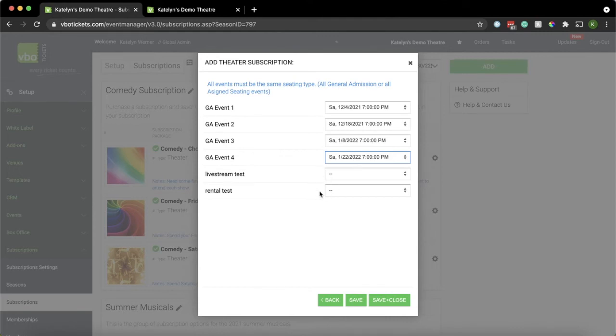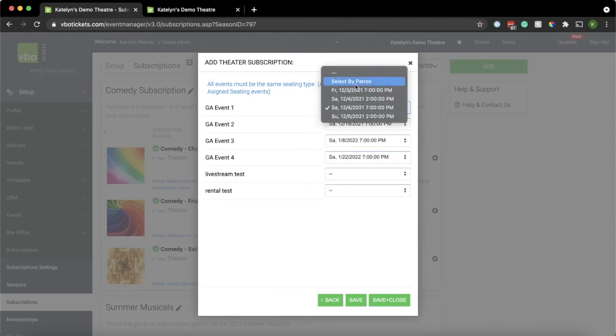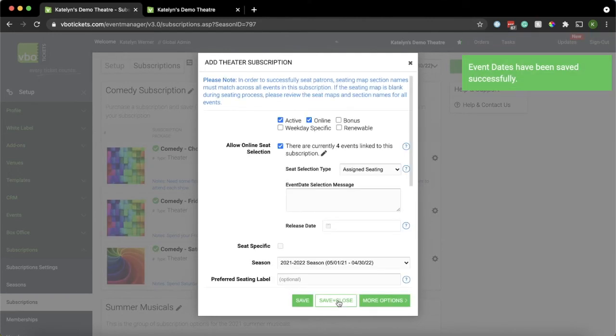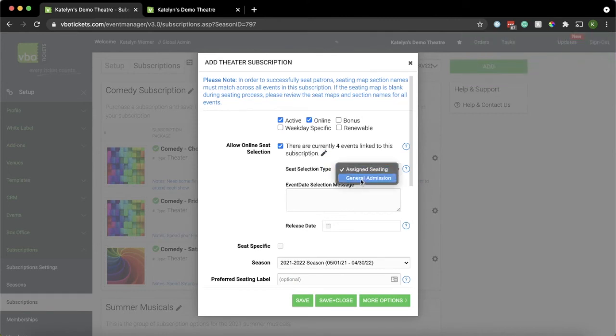Now, if we were setting up a subscription where the patron is going to be able to choose the date and time, in this dropdown, you would choose Select by Patron. So I'll click Save and go back, and then we have this seat selection type. And these are general admission events, so I want to make sure to change this to general admission and then